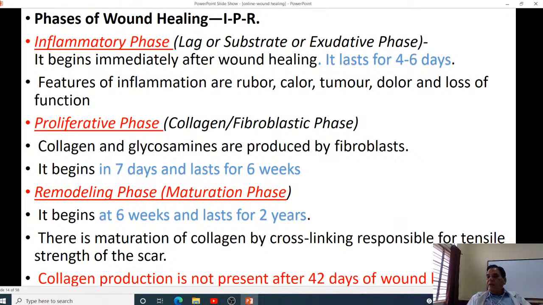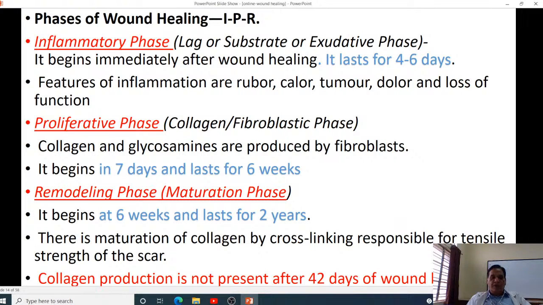Next comes what? Proliferative phase, P. What is happening here? Collagen and fibroblasts are getting embedded into the tissue. They give the strength. And what happens? This stage lasts from 7 days to 6 weeks. I is 4 to 6 days, P is 7 days to 6 weeks and R, remodeling, is 6 weeks to 2 years. Up to 2 years remodeling keeps on occurring till it takes a